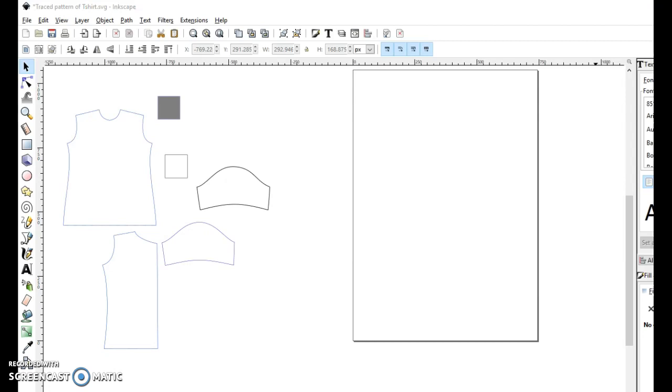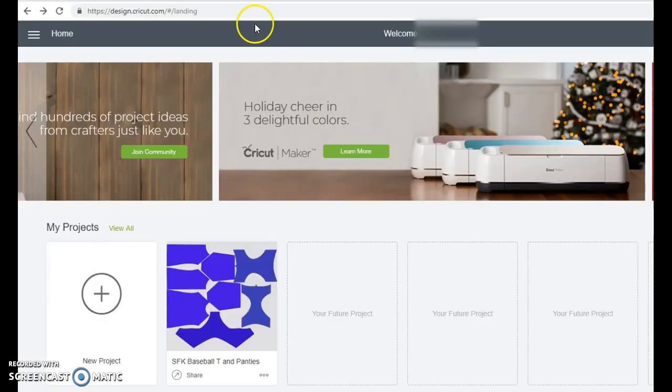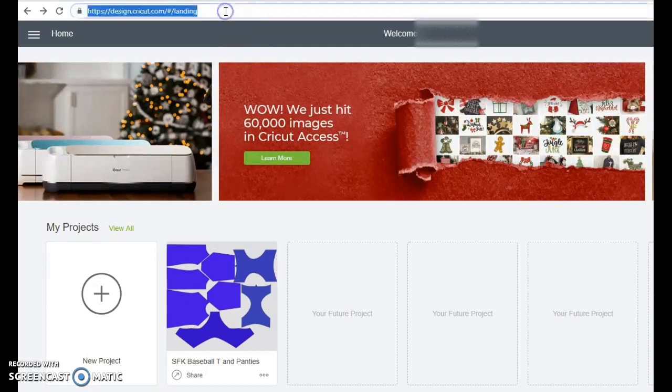Alright, so we've added our 1-inch square block, and we've cleaned it up so that there is nothing but the shapes that we've created. So now we're going to go to the Cricut Design Space software, which I briefly showed in our last video. So you go to design.cricut.com. I already have an account, so it's already logged me in. So you may need to set up an account, but this is where you start,